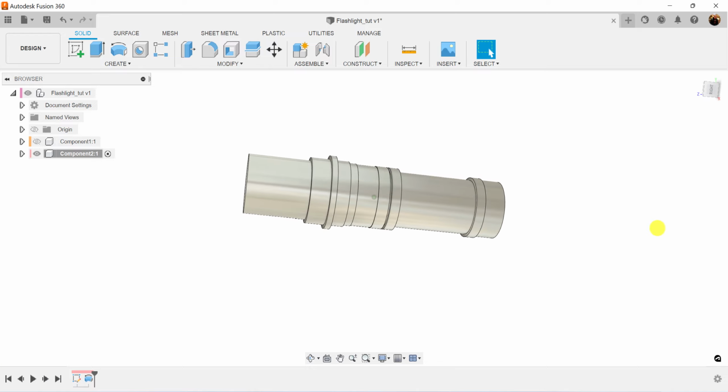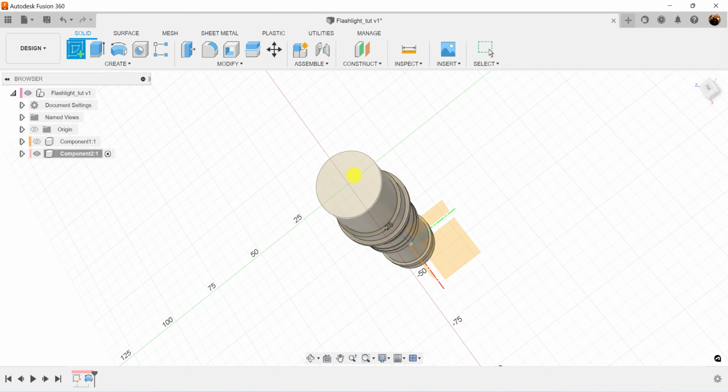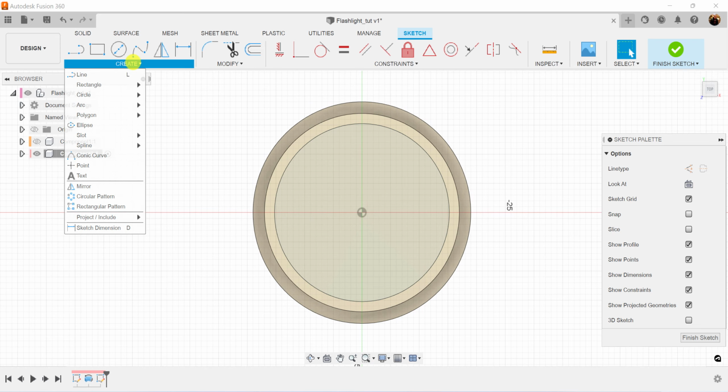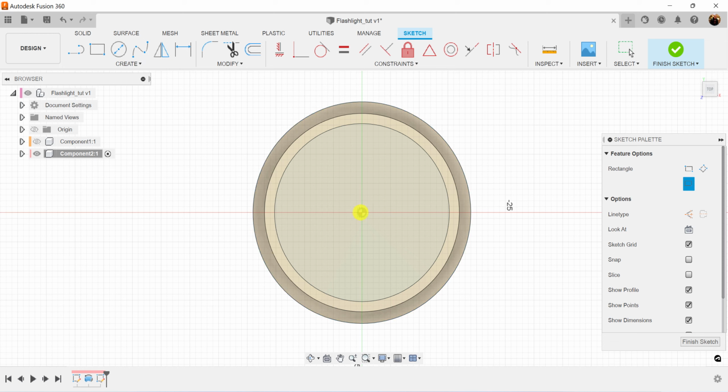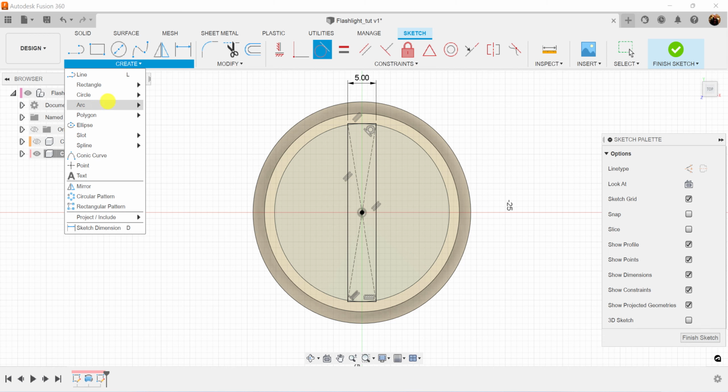What we want to do now, select this top face here, put a sketch on it. We're going to use the center rectangle tool. Draw a rectangle. And at the top, let's make that 5 millimeters. And let's go ahead and make it tangent with this edge here. Let's do the same. Once again,